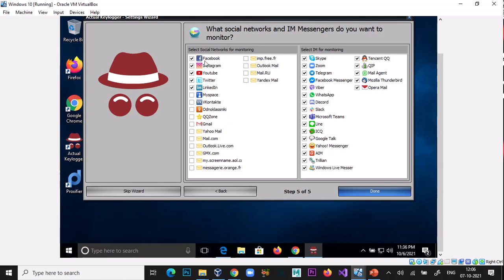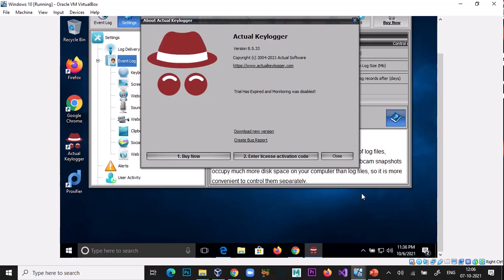If you want to monitor all kinds of social media of the victim plus Gmail or LinkedIn, whatever, just check and done. Trial has expired and monitor was disabled.